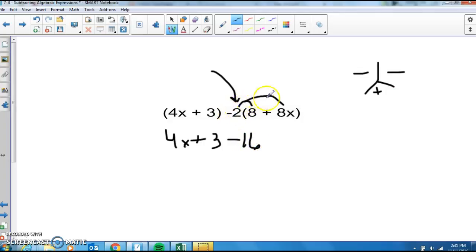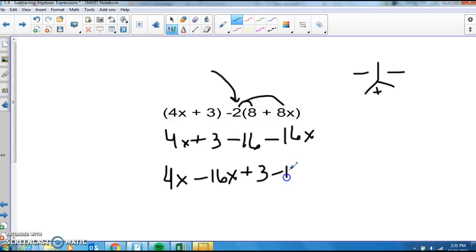A negative 2 times a positive 8x. A negative times a positive gives you a negative, so that gives us negative 16x. And if you'd like, go ahead and regroup so that your like terms are together. So that gives you 4x minus 16x plus 3